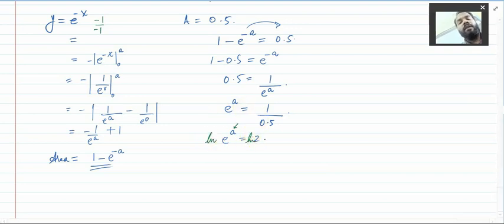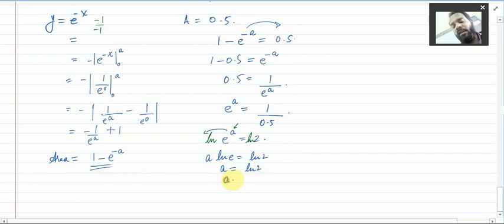So it will be ln e to the power a is equal to ln 2, and then a shifts as a coefficient, so it will be a ln e is equal to ln 2, right? Ln e is equal to 1, so a is equal to ln 2, and you can find out the value of ln 2, and that is 0.69,